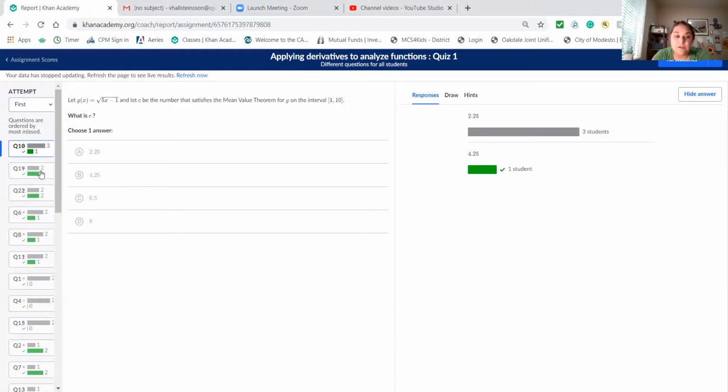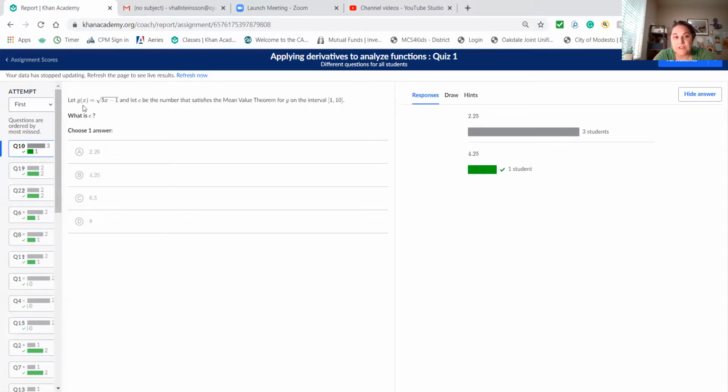And so, going down the line on the left side of the screen, I'm going to go through a few of these questions and see if it jogs your memory on how to do these. Most of these questions have to do with the mean value theorem. And so the first question that was missed by 3 people